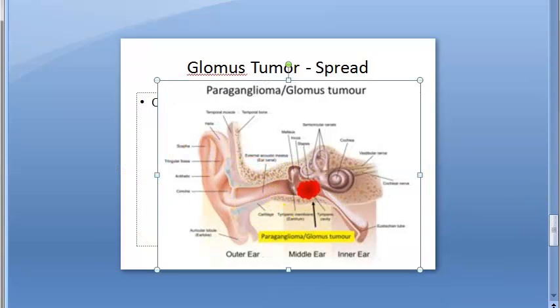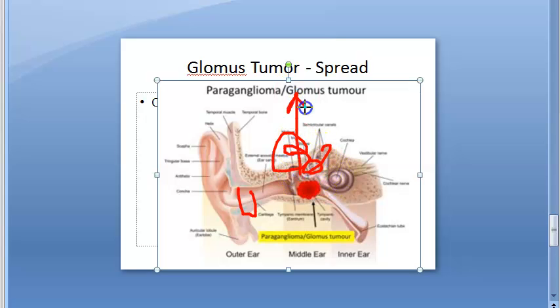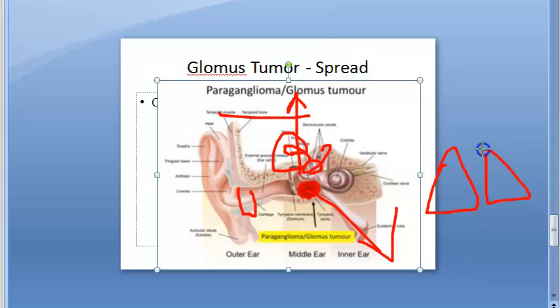Apart from that, what else can it do? It can invade the labyrinth, the petrous pyramid, the mastoid. It may invade the jugular foramen and then the base of the skull, causing 9th to 12th cranial nerve palsies. So they're saying all cranial nerves it can affect. It can spread through the eustachian tube and then it can be seen in the nasopharynx. It may spread intracranially to the posterior and middle cranial fossa. Metastatic spread to lungs and bones is rare, but it is seen in 4% of cases. Lymph node enlargement also can occur.